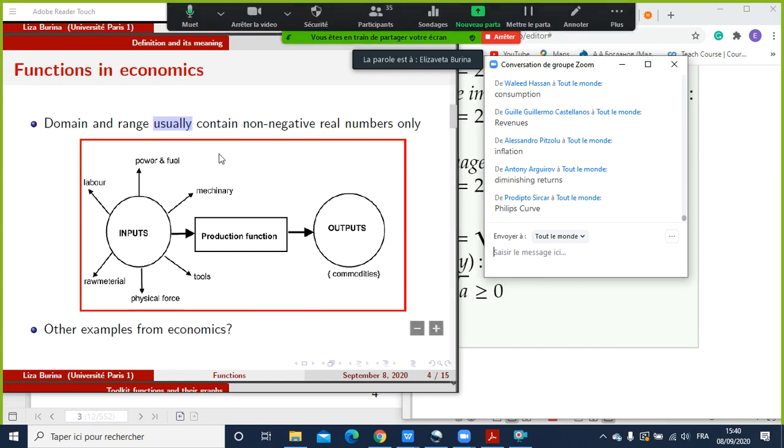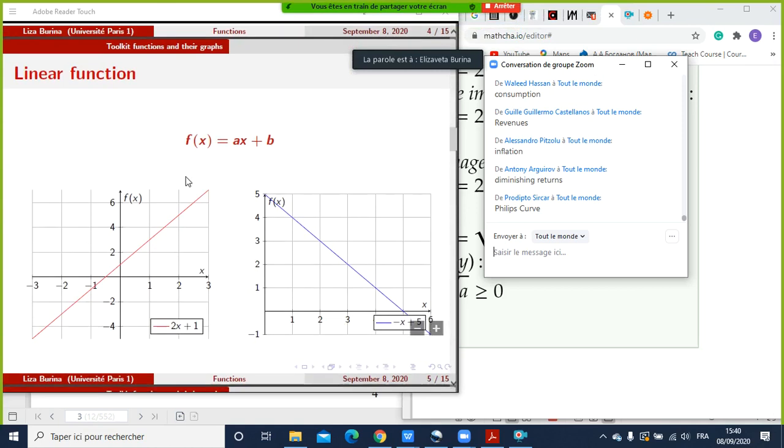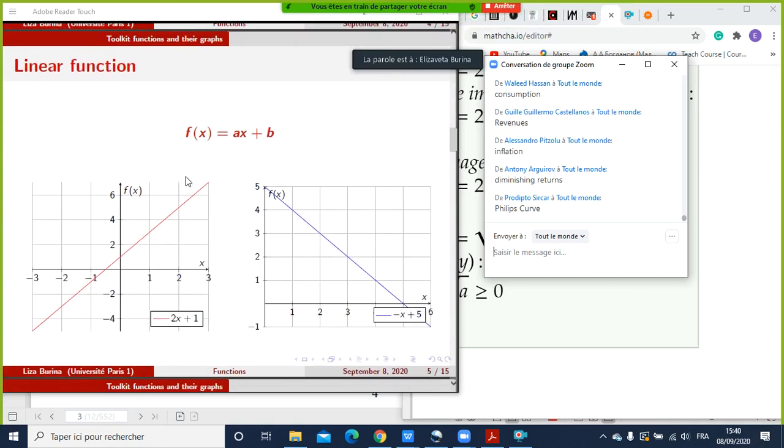So let's take a look at the most common ones. First we have our linear function, the sweetest, the simplest to deal with, the simplest to plot. You don't need any Wolfram Alpha to plot that. You just need to come up with two points on the plot, and here you go. On the left side of my slide, you see that this function goes from minus infinity to plus infinity, as well as the second. But here, what I showed is all four parts